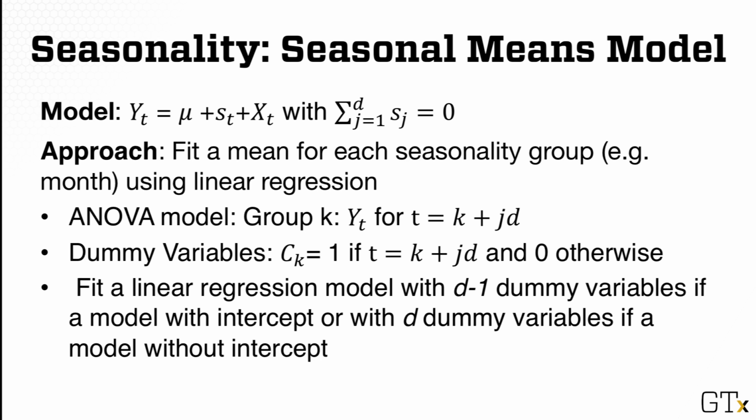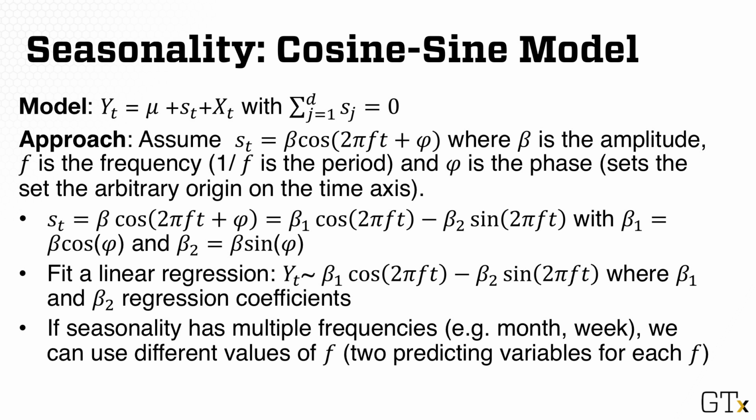But this regression model can have many predicting variables, particularly if we have multiple seasonalities, for example, month and week of the year, and/or the periodicity d is large. For week of the year, we will need to have 52 different dummy variables, for example. An alternative approach to using linear regression without having many regression coefficients to estimate is to use a cosine sine model. In this approach, we assume a cosine curve for the seasonality specified by three parameters: